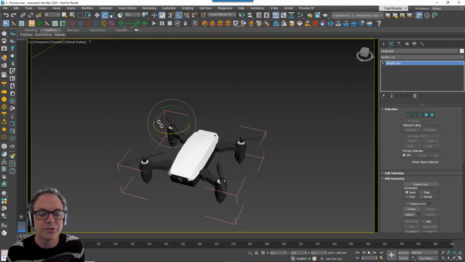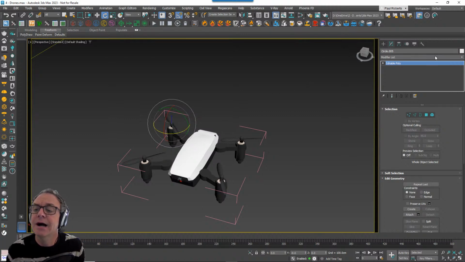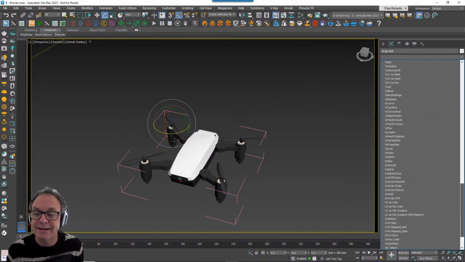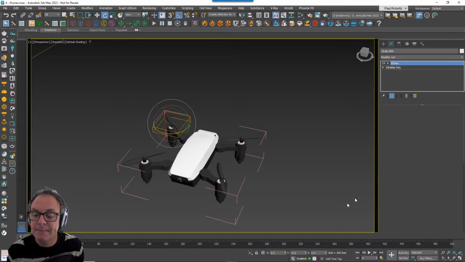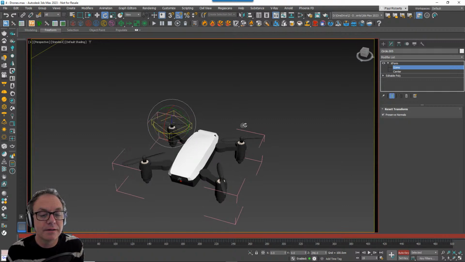So if you want to animate the rotation or the scale or the position of something and have it follow in Forest Pack and be animated, what you have to do instead is to add an X-form modifier, and then animate that gizmo. So I would animate the gizmo on that, like so.